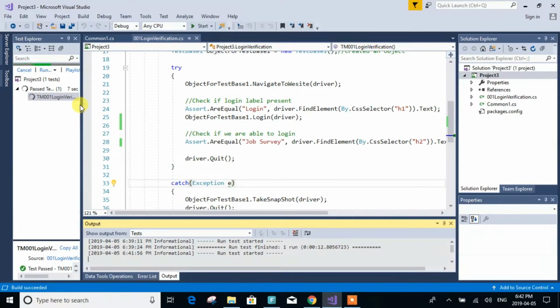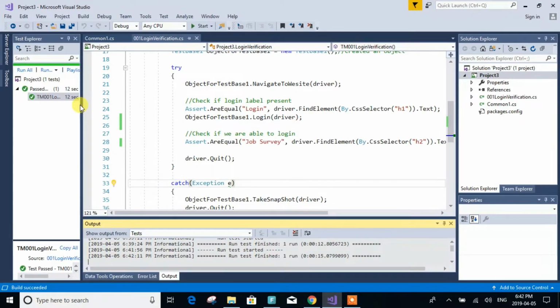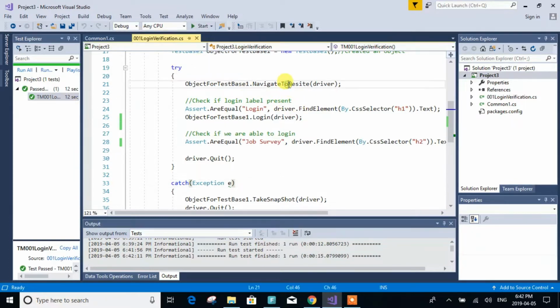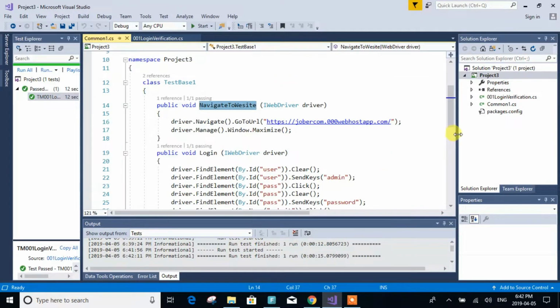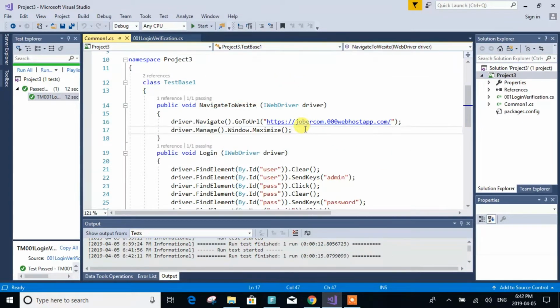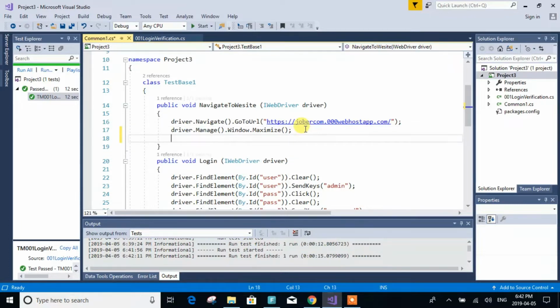Did you see that the test case is done pretty fast and we were not able to see the action? So what happens in this case? We need to go and delay it. We need to wait. So for that, I am going to click here, F12. Here I'm going to write a wait. So after going to the URL and maximize, then I'm going to type